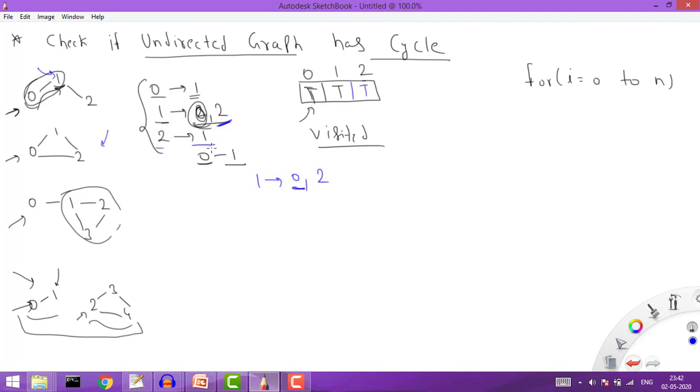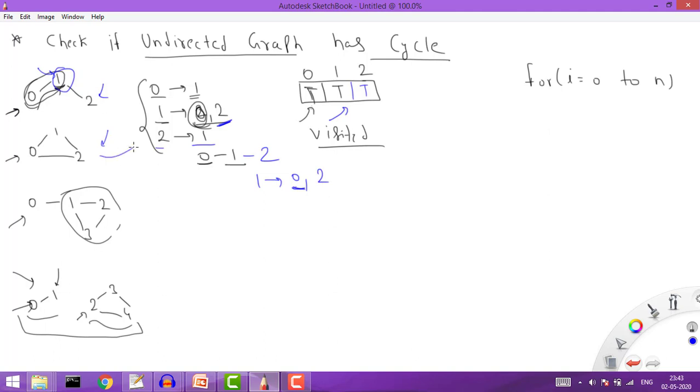The neighbor of 2 is 1, and if you see, 1 is showing visited, but this 1 is the parent, because what was the path? The path was 0, 1, 2. So when we reach here, we know that the parent is 1, right? It means I can ignore this one, and after that there is no such value, right? So I can safely say that there is no cycle here in this undirected graph.